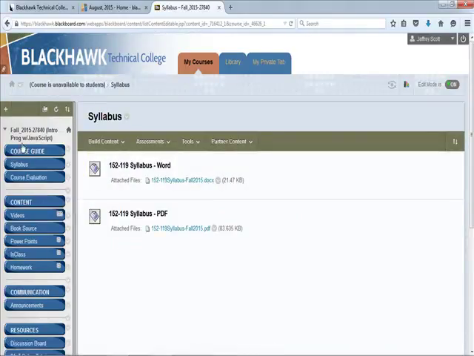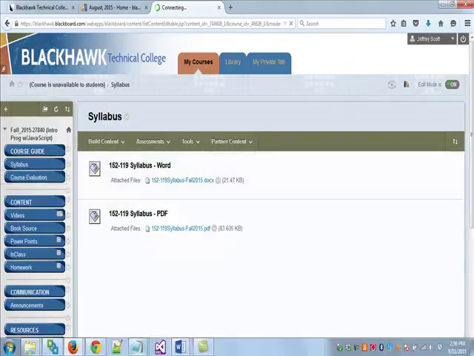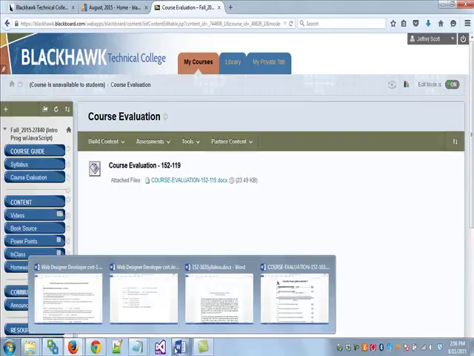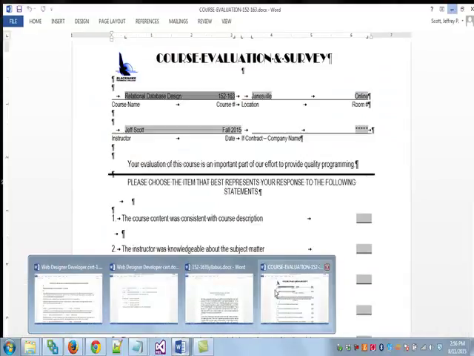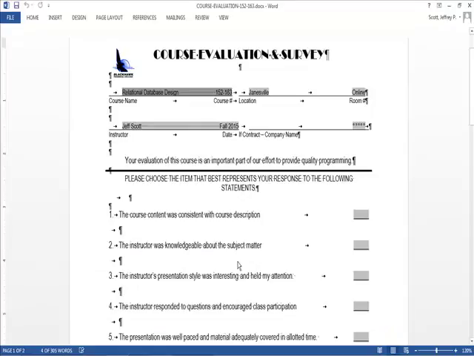All right? So course guide, there's the syllabus. It'll be both in Word and PDF format here. You'll have a course evaluation, and I can actually show you that because I think I printed that out. Let's see. Yeah. And you will do this at 9 weeks, and you will do this at 18 weeks. It's online,